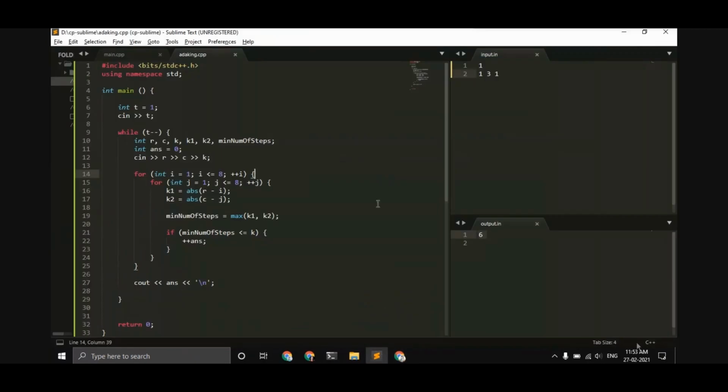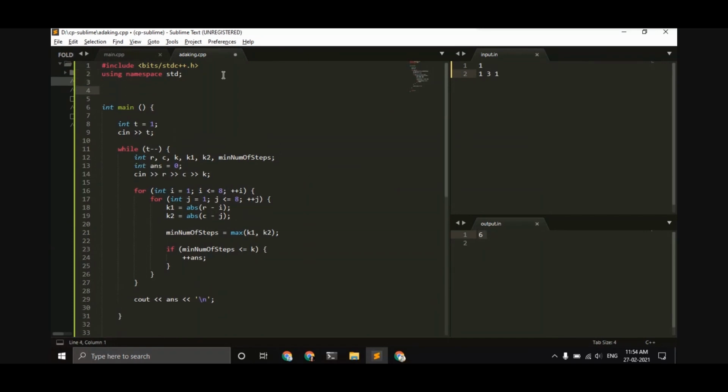So since we have some time left, let's just go over the syntax of functions in C++. We have done the problem now, and I'm just explaining the syntax of a function. Basically, you write the data type of the return value here, and then the function name here.